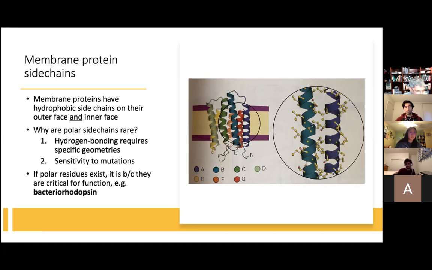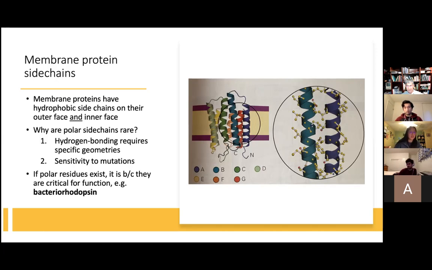The specific geometry requirements also mean that polar side chains are more sensitive to mutations, whereas a hydrophobic side chain could be substituted by another hydrophobic side chain, and the protein would generally still maintain its function. But that doesn't mean that polar residues don't exist at all. Sometimes they can be found in a membrane protein, and if they are, it's usually because they carry out a specific function. For example, in bacteriorhodopsin,